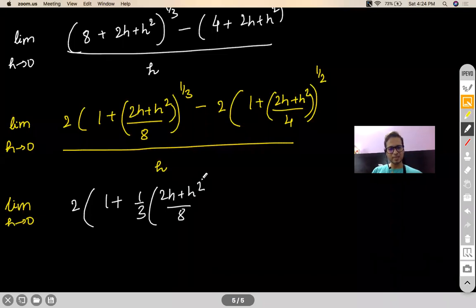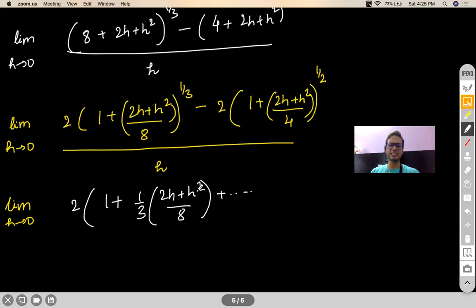Dot dot dot. Now many people say, sir, why don't you write all the terms? Why don't you write at least 5-6 terms? See, it all depends upon what is the highest power of the term which you want to cancel out in the denominator. In the denominator, I want to get rid of h. That everybody understands, right? What is my main sole purpose over here? To get rid of h. So h is present to a power of 1. So the first term is sufficient enough for you to get the job done. You don't have to write several terms.